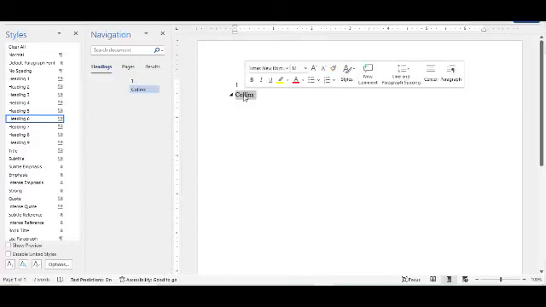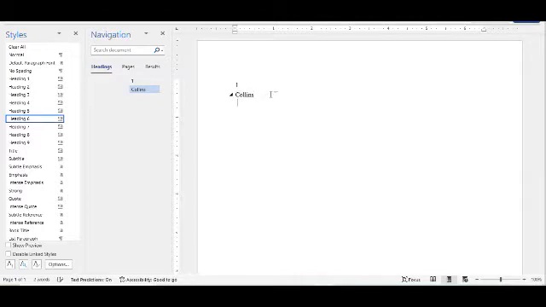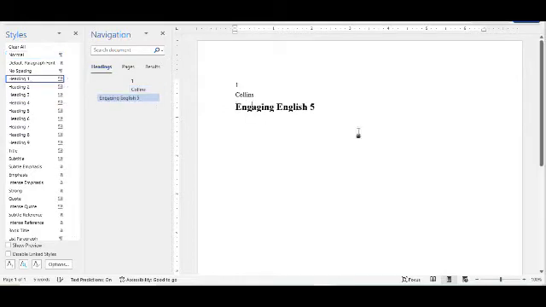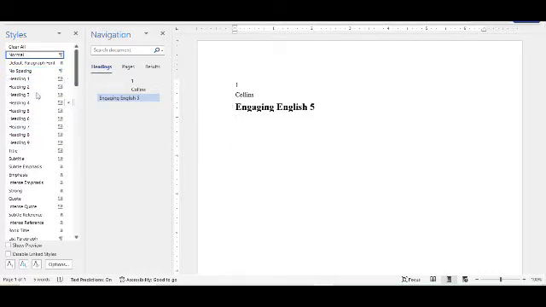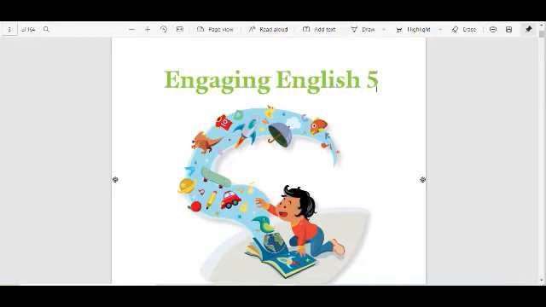Okay, Collins, let's find this, not in heading. I'll just copy the name of the text, and this is heading 1. All I do is I place the cursor anywhere on the line, do heading 1, boom, it's done, right? No need to go back and fix everything because we already took care of all the formatting for headings 1 to 6 here. There's no need of this image because it has nothing to do with the text in the